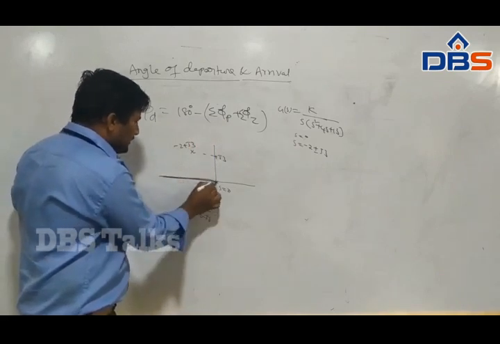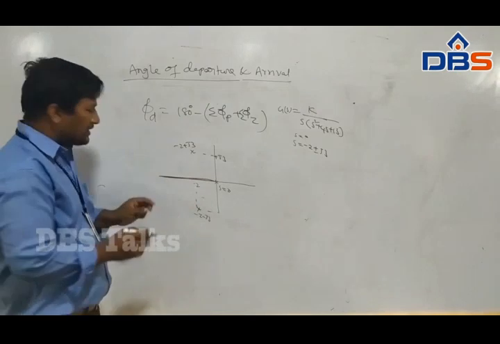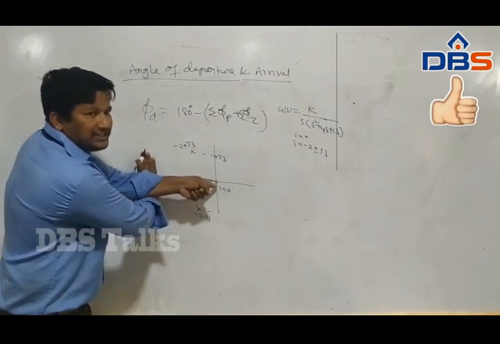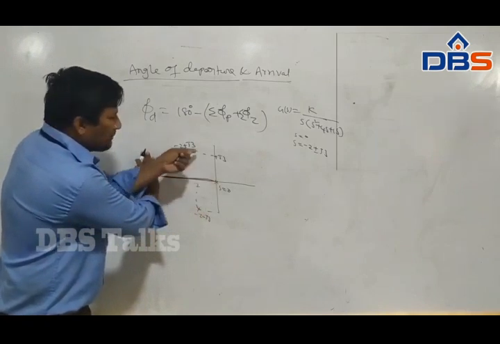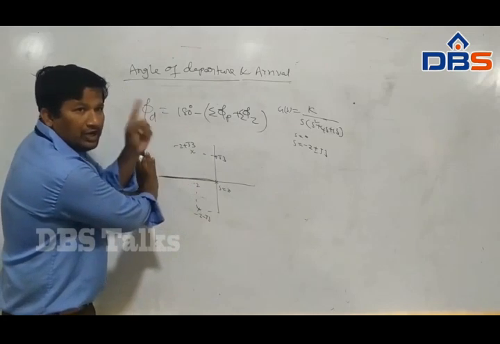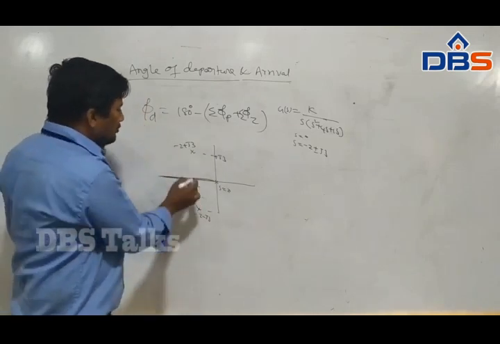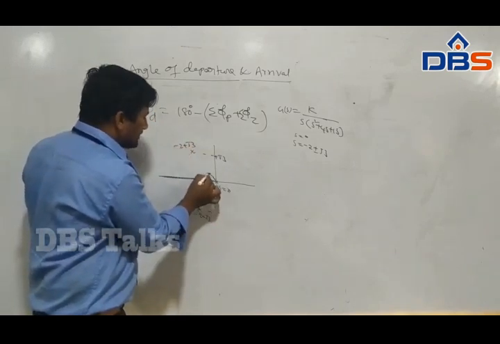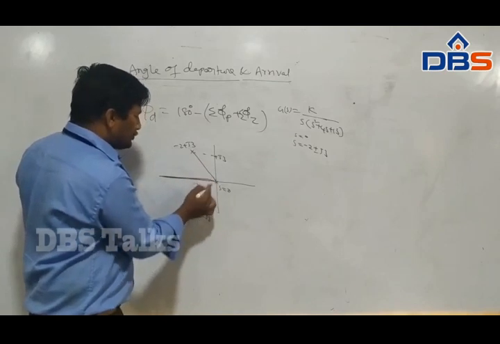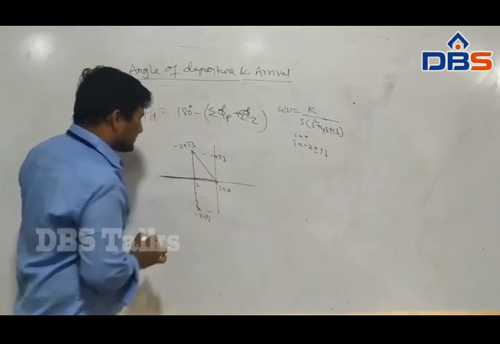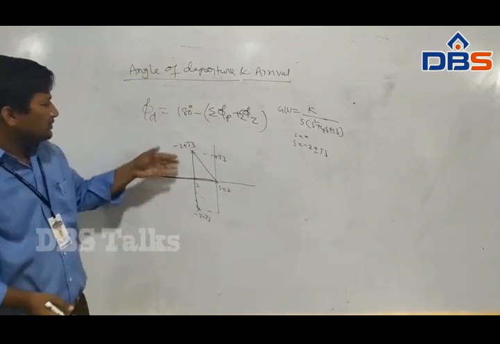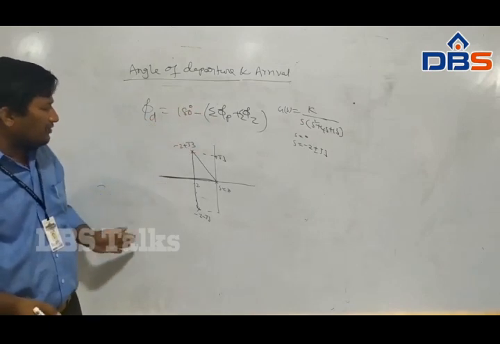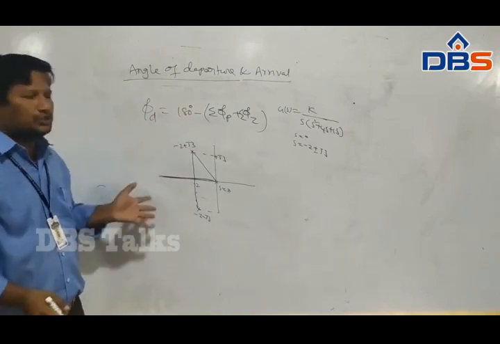So the total negative real axis is a branch, because taking a point at minus infinity, only one pole exists, that is s equal to 0. We cannot consider complex poles and complex zeros while calculating the real axis. Now I am calculating the angle of departure at this pole. So taking a straight line, that is a vector line, from s equal to 0, and another straight line from the other pole. To calculate at this pole, we have to take straight lines from all remaining poles and zeros.